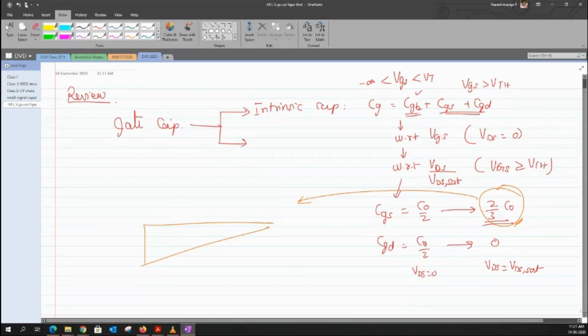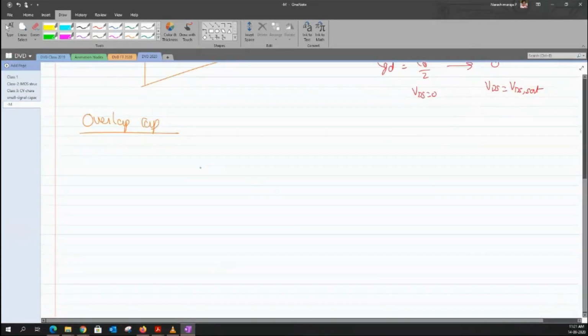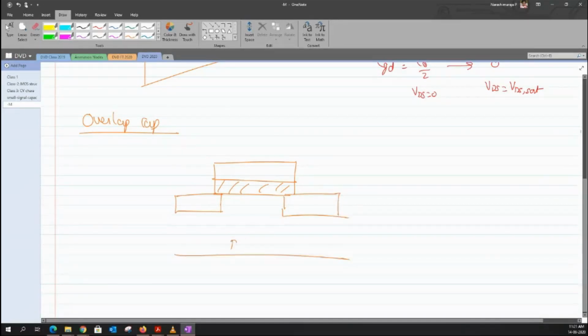So this was the discussion on the gate capacitance, the intrinsic capacitance. There is a second type of gate capacitance, which I was trying to explain at the very end of the last class, which is the overlap capacitance. I'll try to demonstrate what exactly this overlap means. In the case of overlap capacitance, the metal oxide has some overlap with the diffusion layers of the source and the drain. If this is my P-type substrate, and these are the source and the drain,